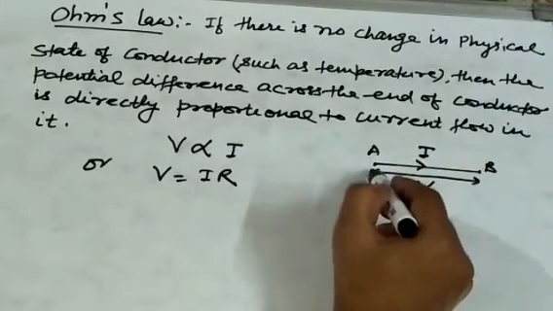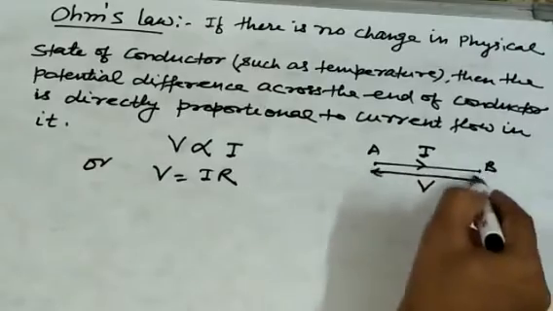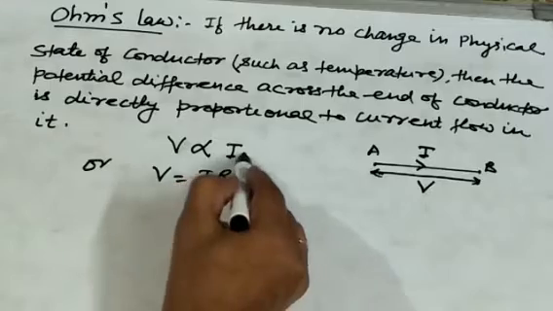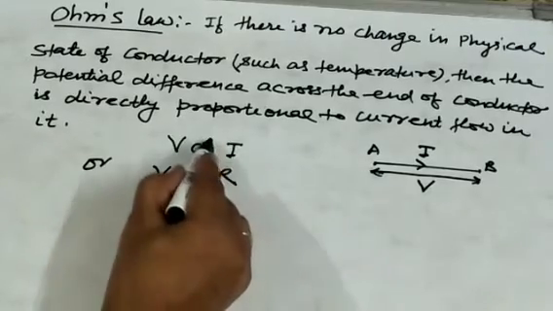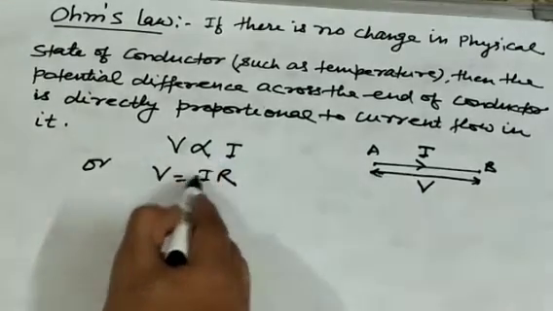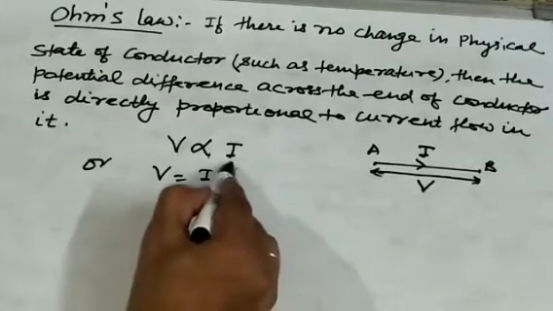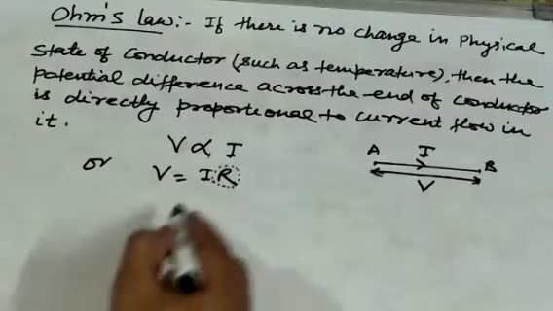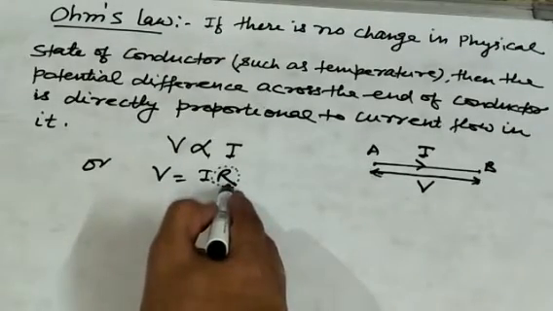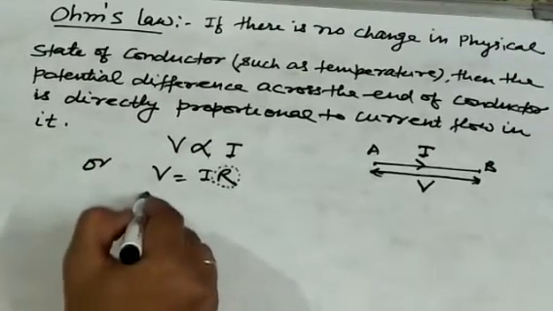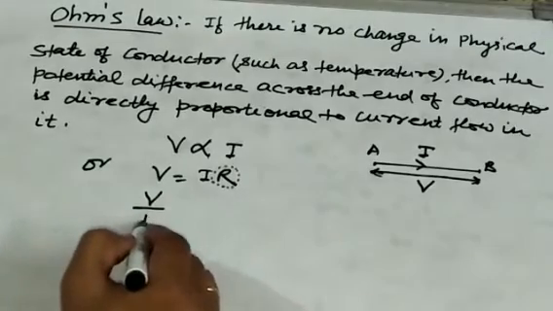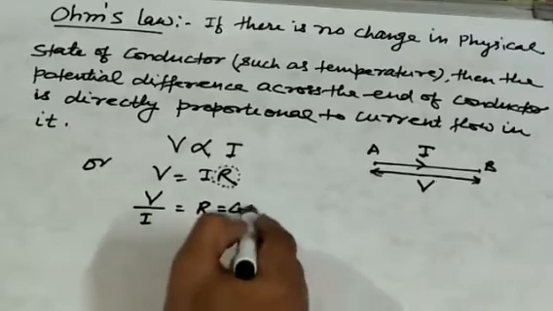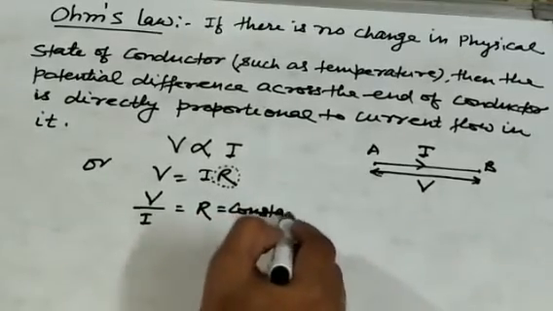According to Ohm's law, V is directly proportional to I. When we remove the proportionality sign, we introduce a new constant R, the proportionality constant, which is called the resistance of that conductor. So V upon I is equal to R, a constant for a given